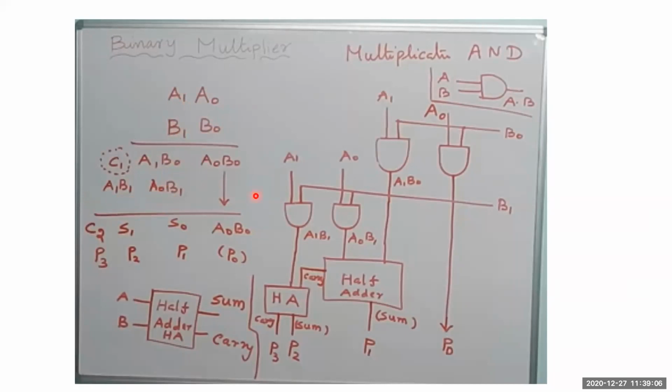Afterwards, we need to add these in order to get the final output of this multiplication. For that, in the binary multiplication, this particular partial product comes down here. Let it be called P naught, the first product. And then here, whenever you add these two, you'll get one sum. Let the first sum equal S naught. This is called product one.